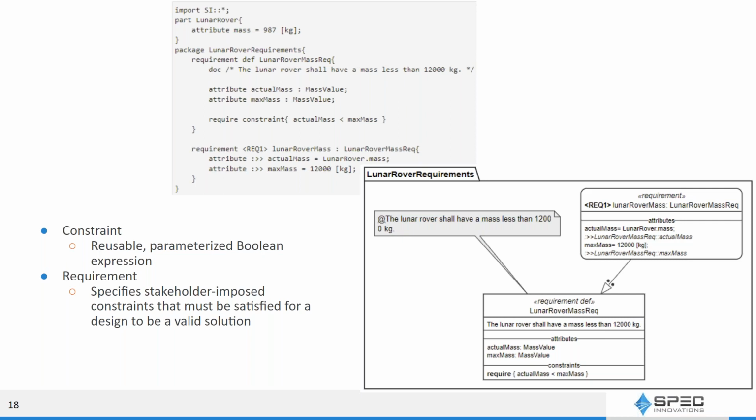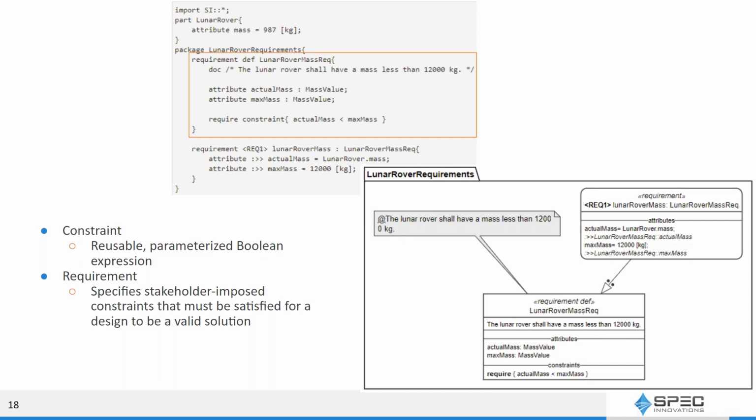Requirements are supposed to specify a stakeholder-imposed constraint that must be satisfied for a design to be a valid solution. A requirement can have a textual statement, can require constraints, and may have additional and assumed constraints, as well as be parameterized and can specify the subject.